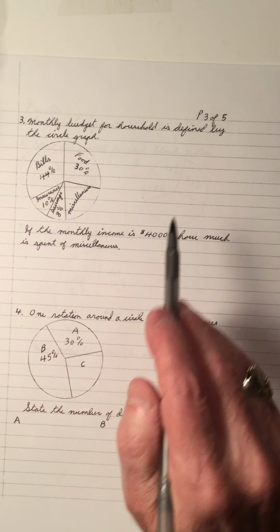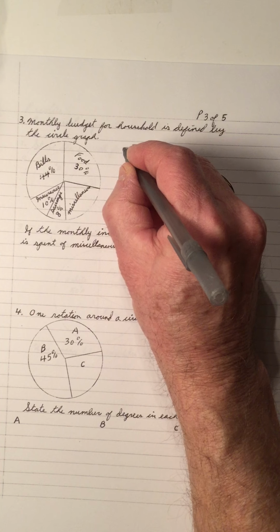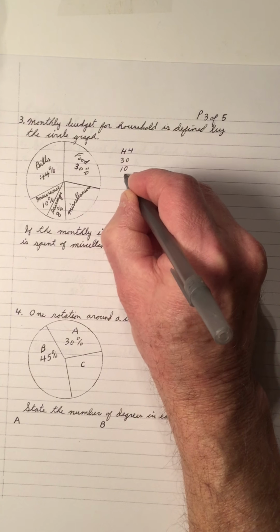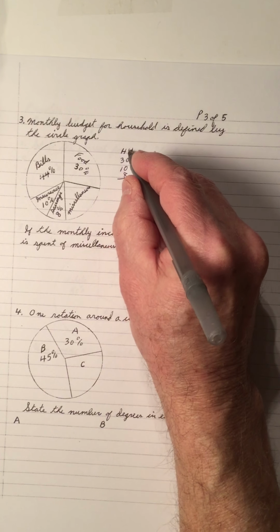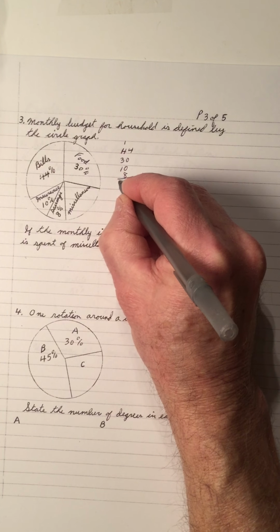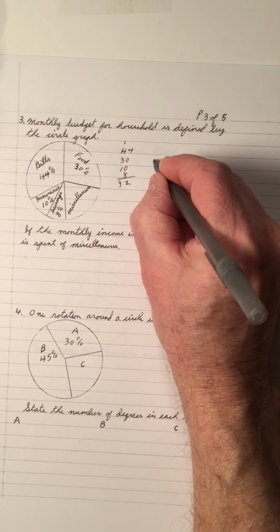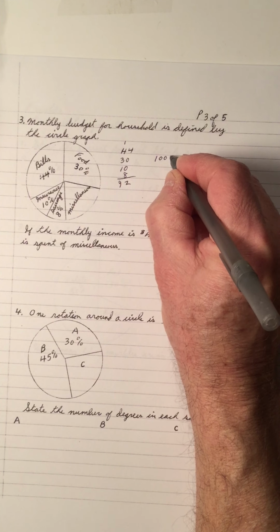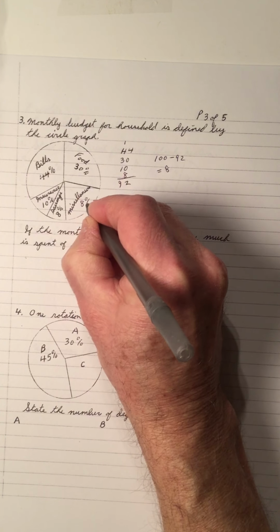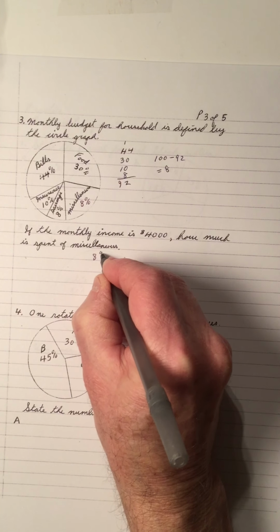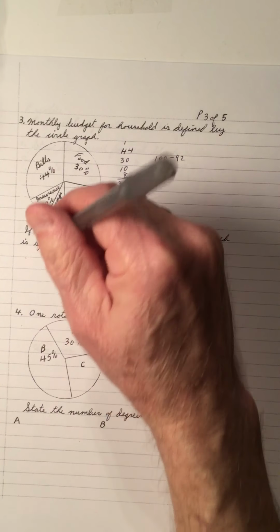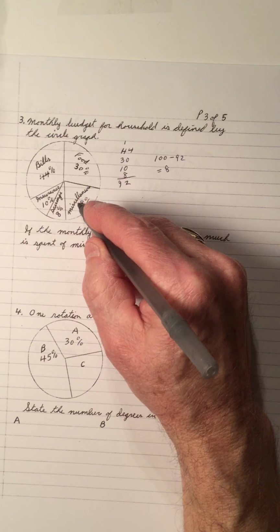miscellaneous? Well, in order to do the miscellaneous, we have to calculate the miscellaneous percent. So 44 for bills, 30 for food, 10 for insurance, and 8 for savings. If we add all that up, 8 and 4 is 12, then 2 and carry your 1, 5, 8, 9. So the 4 of them make up 92%. So 100 subtract the 92 gives 8. So miscellaneous is 8%. So that means 8% times the $4,000 will give you the amount that's gone into miscellaneous